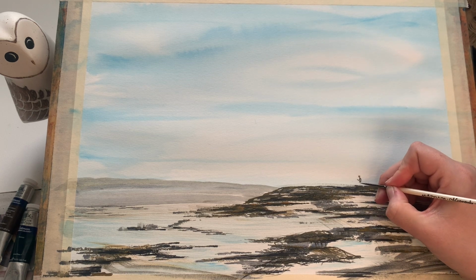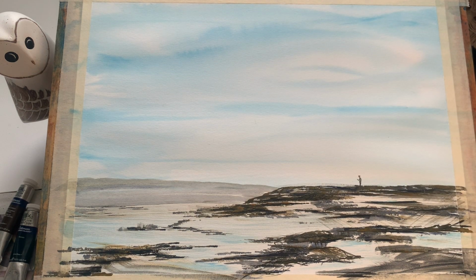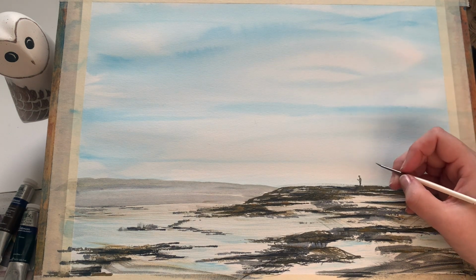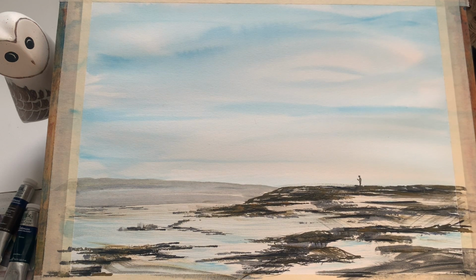And just working from the top downwards, just painting in some loose details, just loose shapes for the legs and the body, a slight bend for the arm there. And if you use a very light and loose mixture like this to paint in your figure,